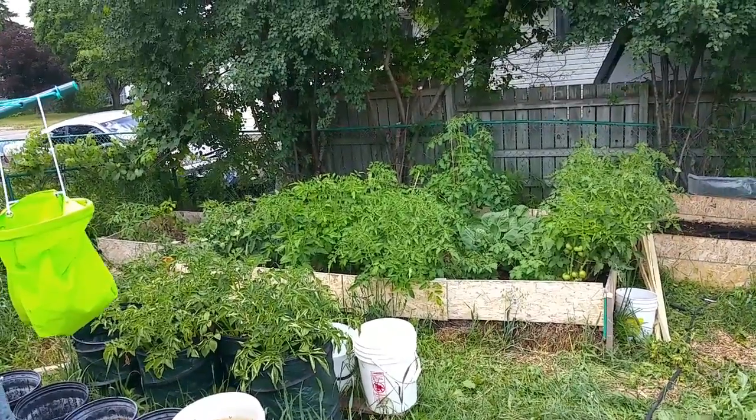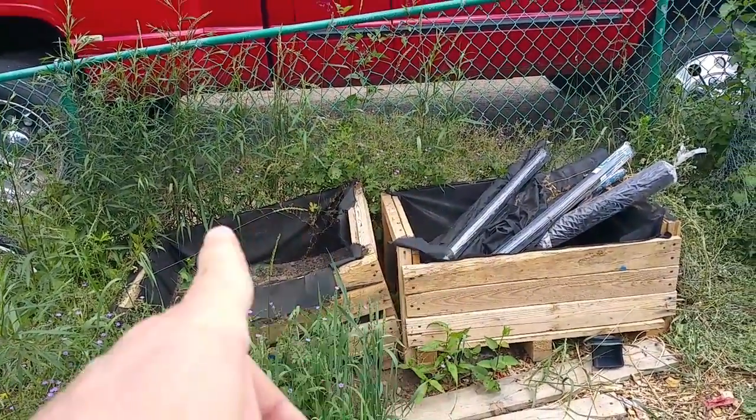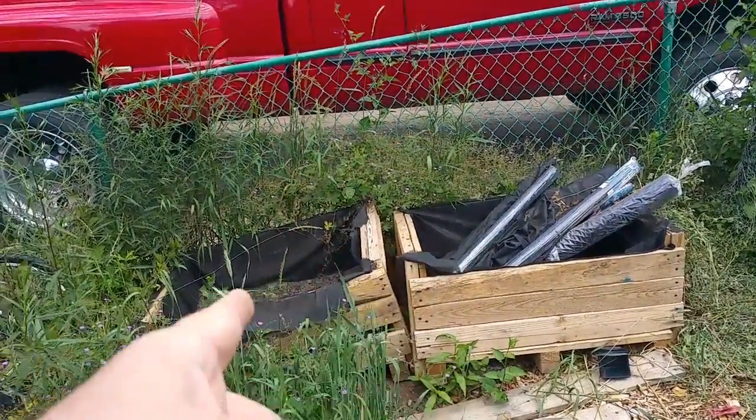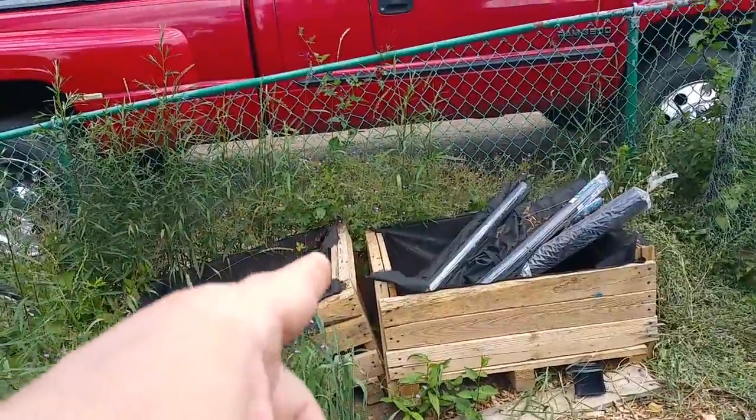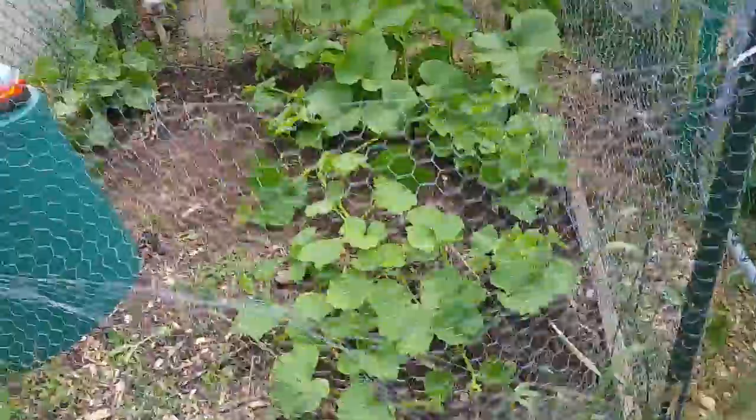That's why the plants are doing kind of well. So I'm getting these boxes just getting these started. These are going to be potatoes for the fall. So I'm going to get them planted within the next week or two. And then around here, and this is my